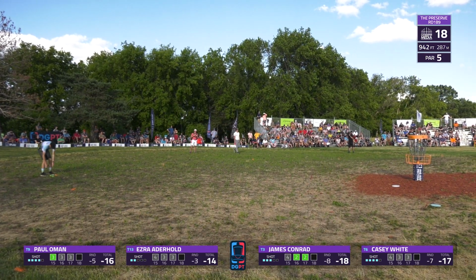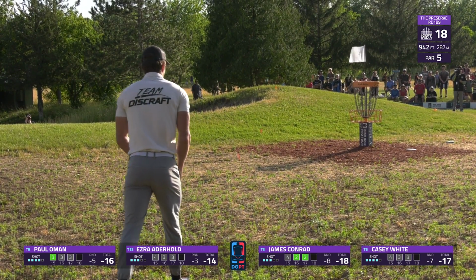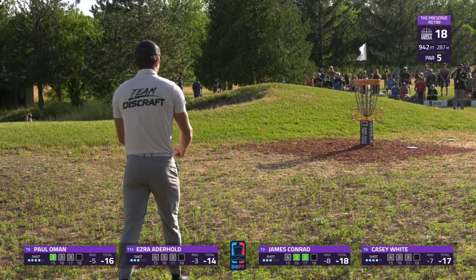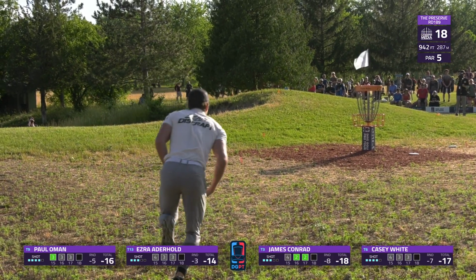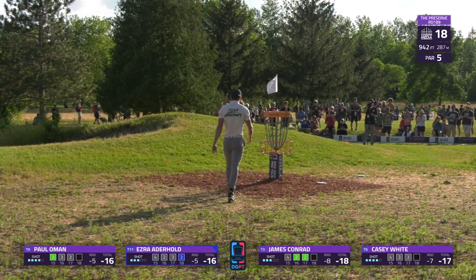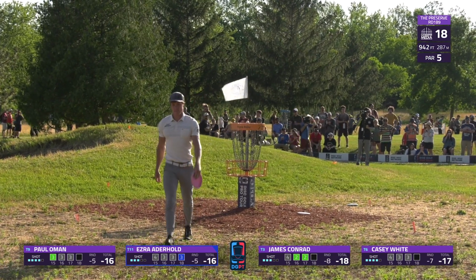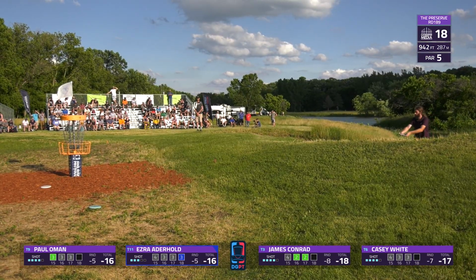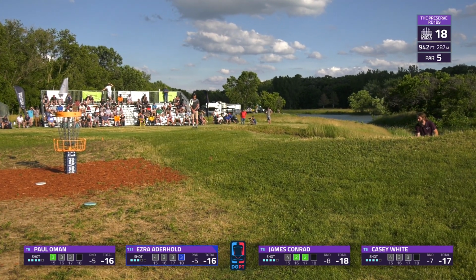Kind of a disappointing feeling par on this one, as 48% of the field is able to card the birdie or better. See if Ezra can get that better you were mentioning. Has the eagle in mind with this stepper, and that'll do. 2 eagles for him on the card today. Had that stepper dialed in, made just about every one of them that we saw from him today. And as you said, 2 eagles counteracts